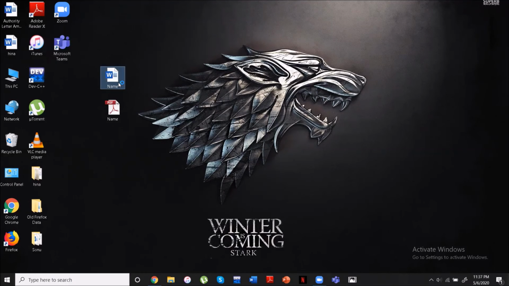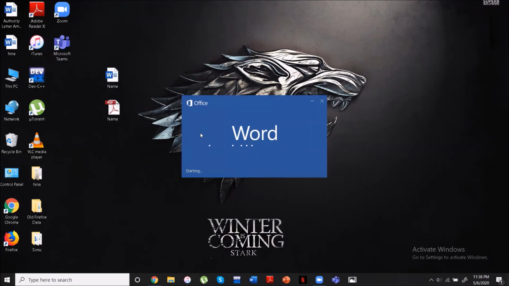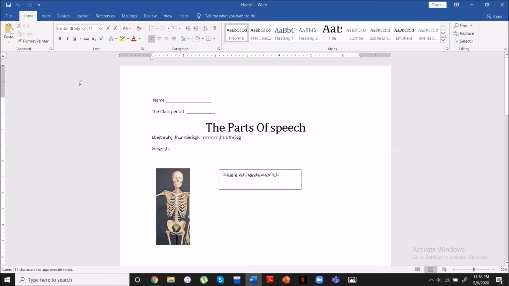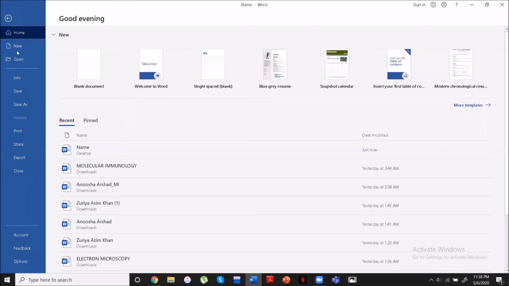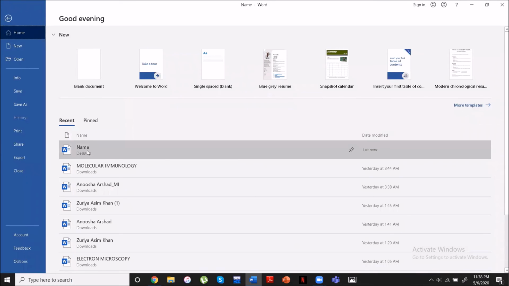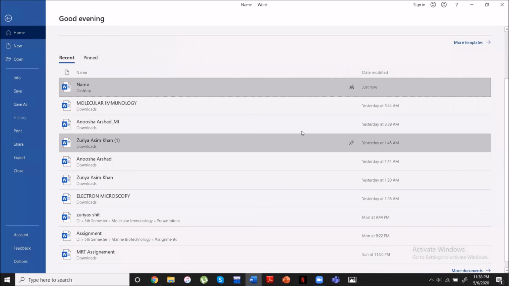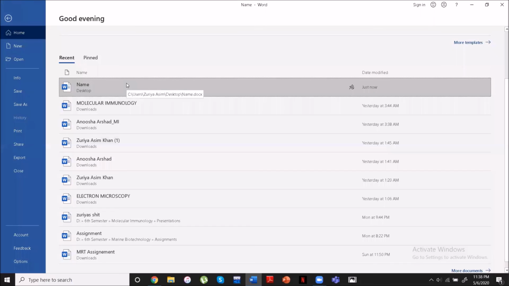Along with that, when you reopen your file, you see that there is this option in recently used. Just suppose this is my most frequently used document and I want to use it over and over again, I can simply click this pin icon over here and it will pin this document to the front. And whenever I open Word next time, it will be present over here.